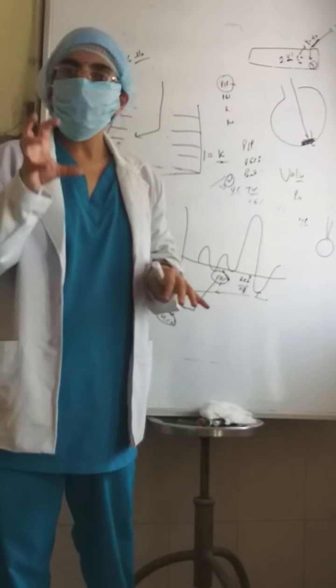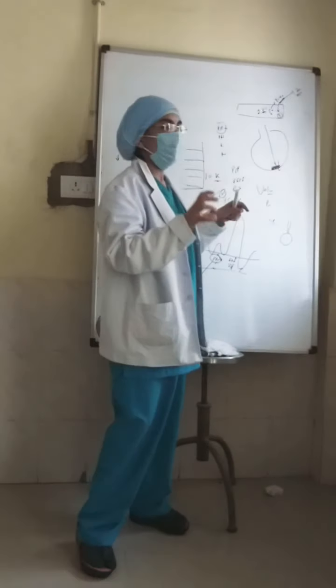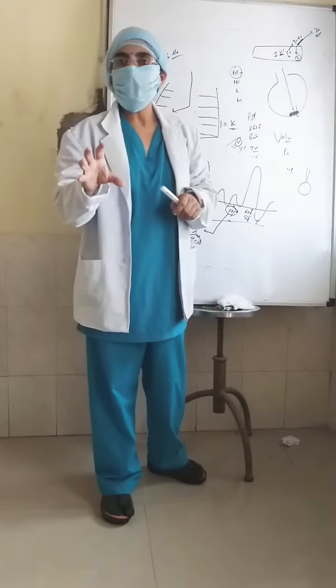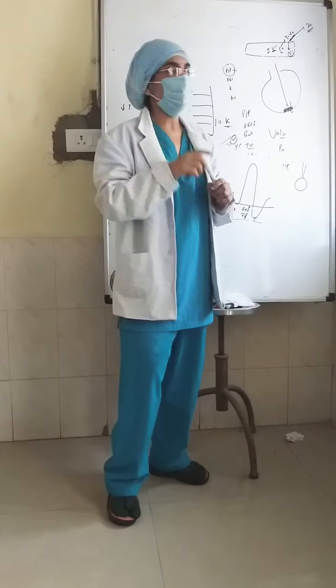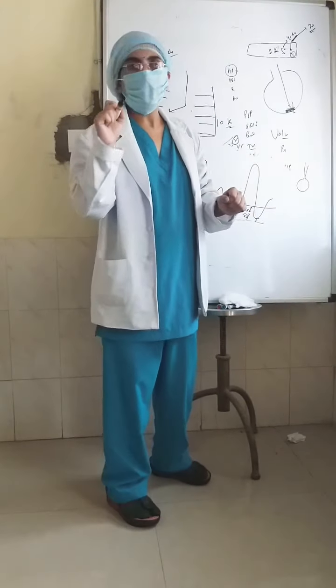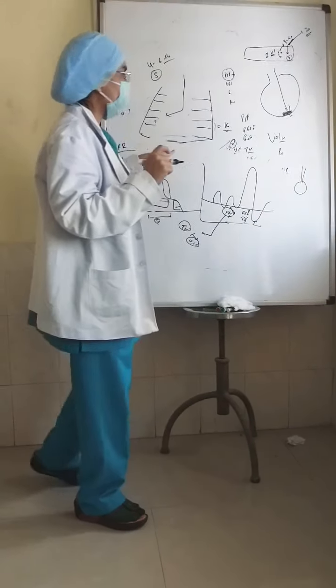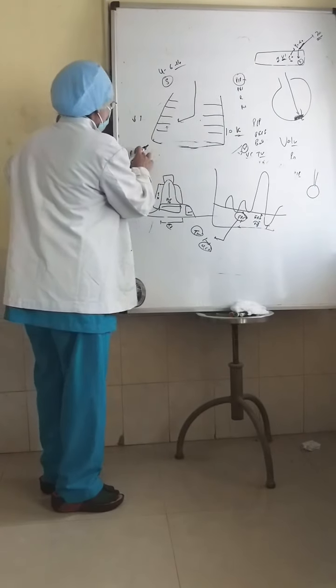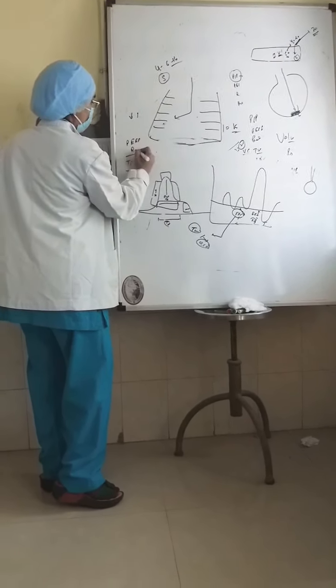So what is the thing which is going to provide gases at the time of expiration? That is PEEP. PEEP is a very, very important component. It should be reduced in the last and it should be set in the first. And how do you titrate your PEEP? I will tell you. So I have increased the PIP, I have increased the rate, and one more thing is I have increased the PEEP. So before rate, I think PEEP should be increased first. Okay, and then you can work on rate.